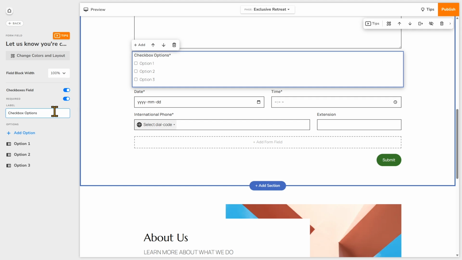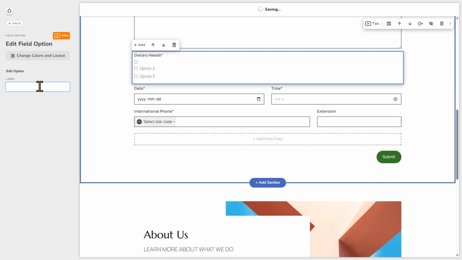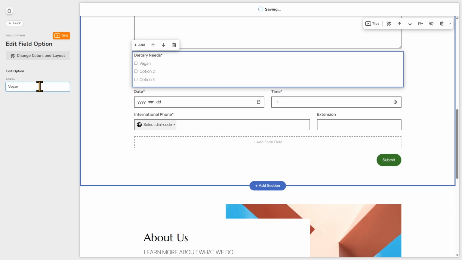First, I'll change the label. And then you can click on each option here to edit the label for that. Go back.